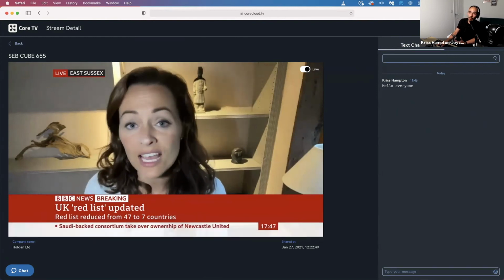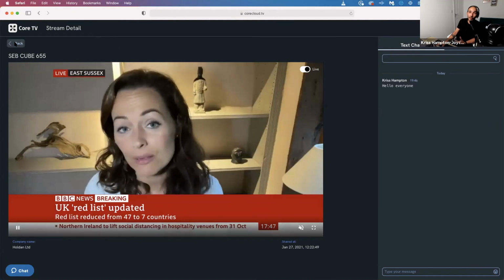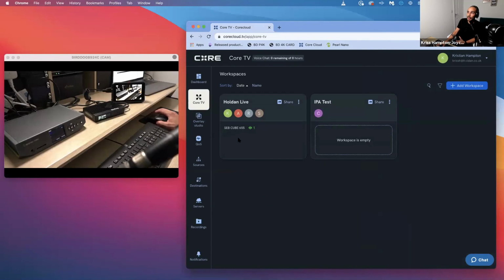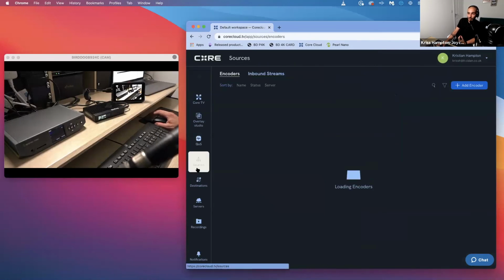And you know, they can download an app on iOS or Android and view it from a mobile device as well. So it's a really neat feature for being able to share your streams if you don't have decoders everywhere. It's incredibly popular. Can also enable voice chat, but that is a premium feature. Really skirting along now, just because I want to show you just 2 more things. What you can do here is